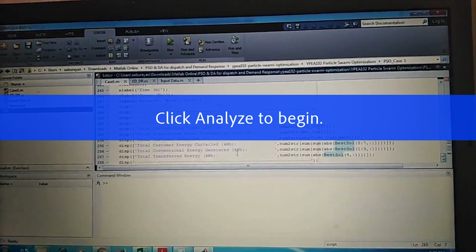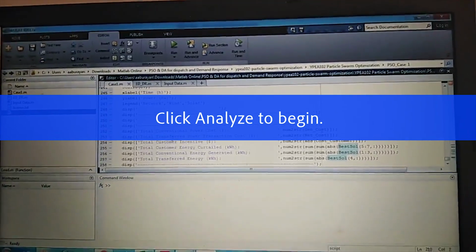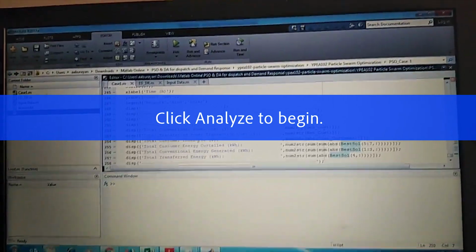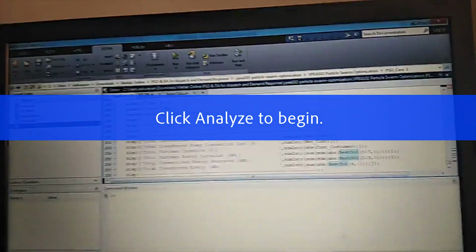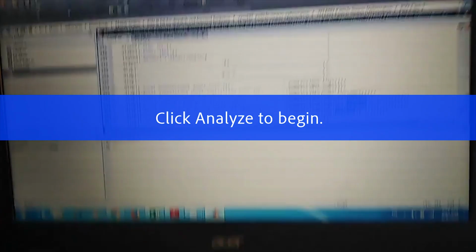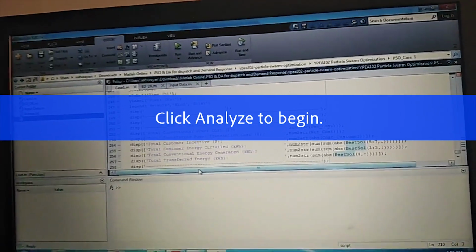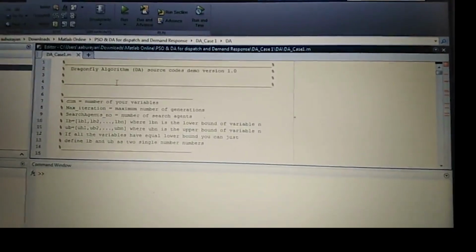After that we display the total conventional power costs, the total transferred power transaction cost, the total customer incentive, the total customer energy curtailed, the total unconventional energy generated, and the total transferred energy in kilowatts. Now we need to explain the Dragonfly algorithm